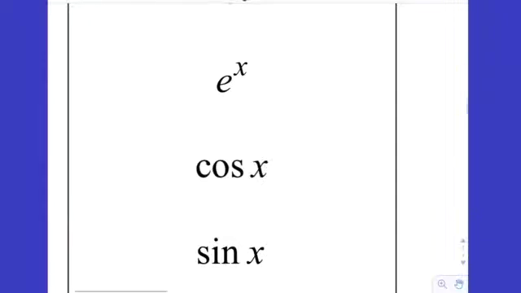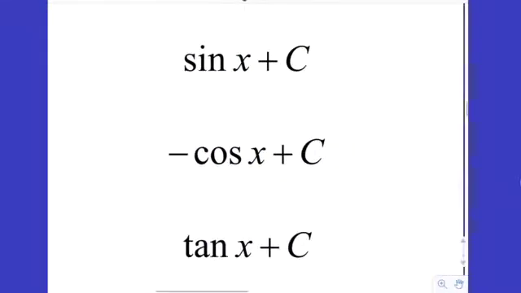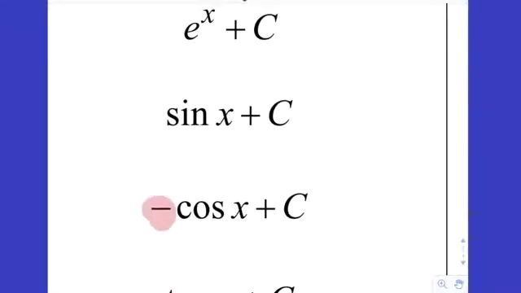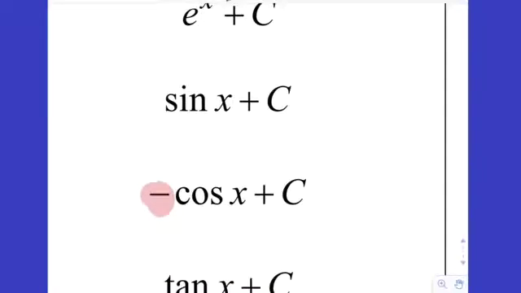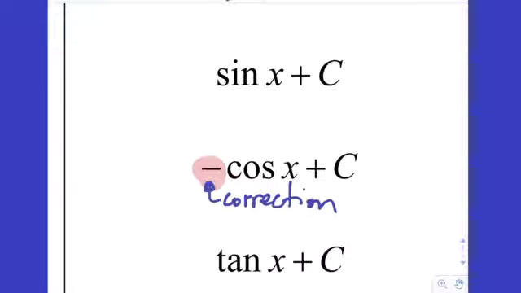Antiderivative of cosine. Sine of x plus c. Good. Antiderivative of sine? Negative cosine? Oh, yeah. So what's that negative doing there? He's chilling. He's actually what I call the correction, right? Because the derivative of cosine generates a negative sign, I don't want there to be a negative there because I'm starting with a positive sign. So I can have a negative 1 essentially in front to neutralize the unwanted negative that comes off the cosine. So yes, it is negative cosine